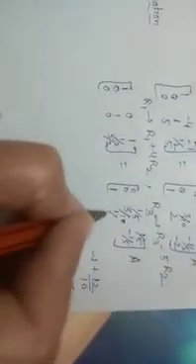Same in the next, R3 tends to R3 minus 5R2. It means 0 minus 0, 0. Multiply by 5 and subtract from this, it is 0. Multiply by 5, 5 minus 5 by 2, it is 5 by 2. Multiply by 5 and subtract from this, it is 1. Multiply by 5, it is 15 by 10. 2 minus 15 by 10 is 20 minus 15 by 10, so 5 by 10, it is 1 by 2. Now multiply by 5, 5 cancels with 5, -2 minus 5 into -1 by 2.